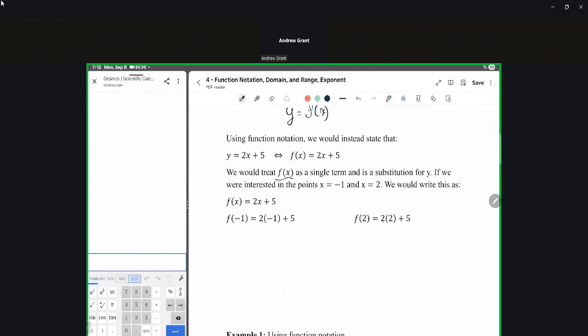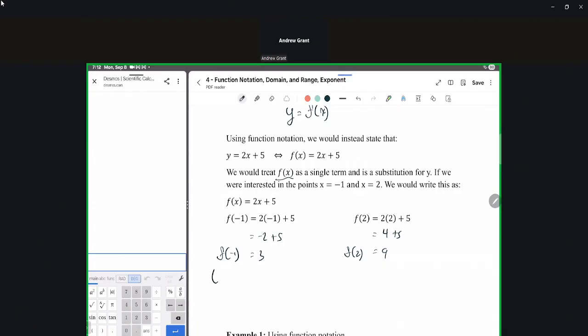And if we were interested in the points x equals negative 1, x is equal to 2, we would write it as the following. So if we have f of x equals 2x plus 5, f of negative 1 would become 2 times negative 1 plus 5, which becomes negative 2 plus 5, which is 3. And f of 2 would equal 4 plus 5, which is equal to 9. And so